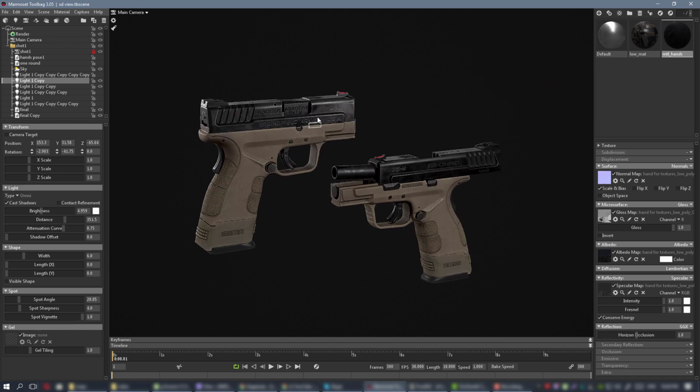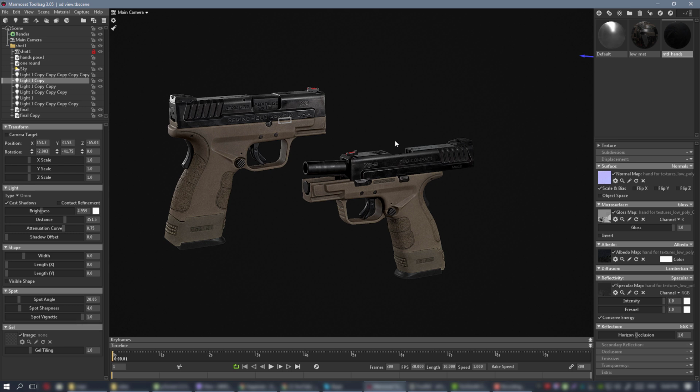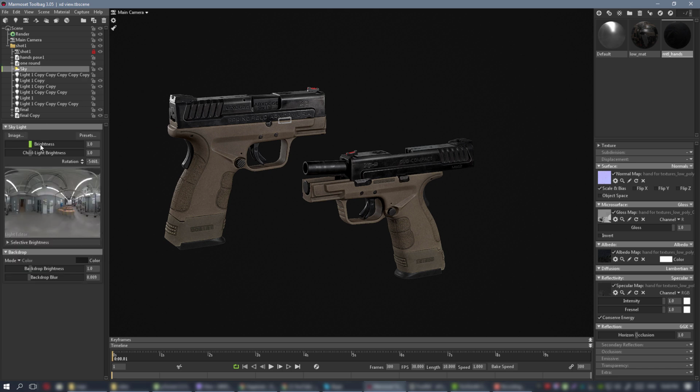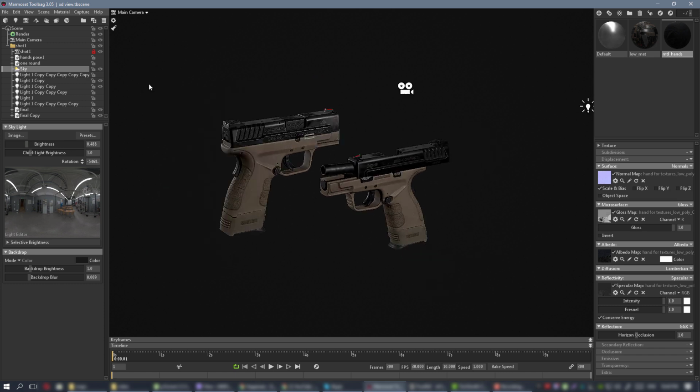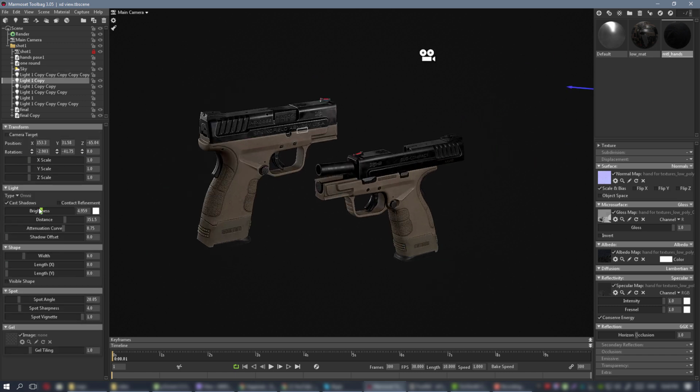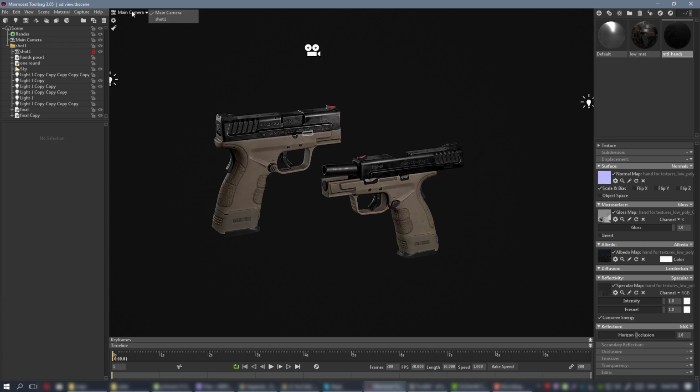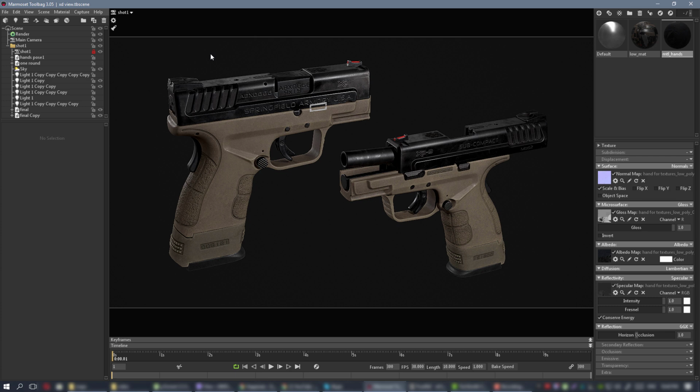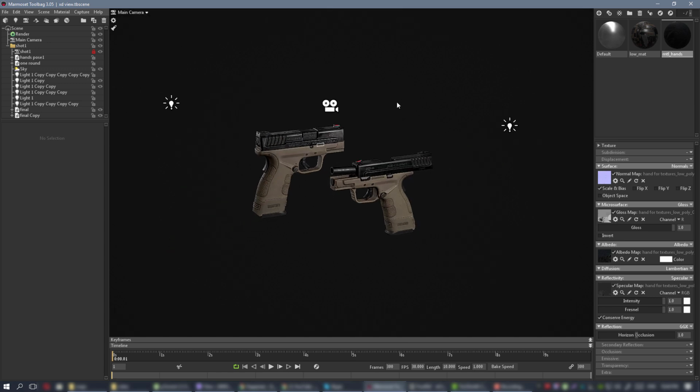because I can see the highlight on this guy but not on this. And also I want to turn down the brightness of the skylight and turn up the brightness of the key light like this. Let's check it out. Okay,